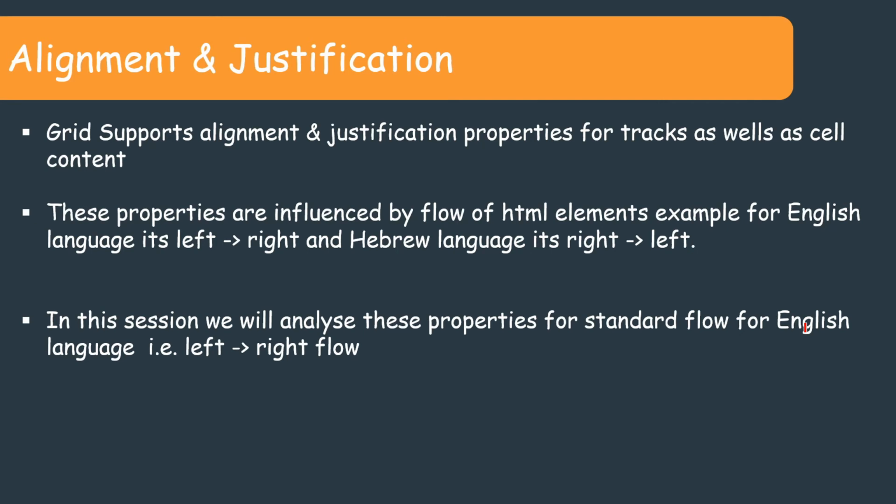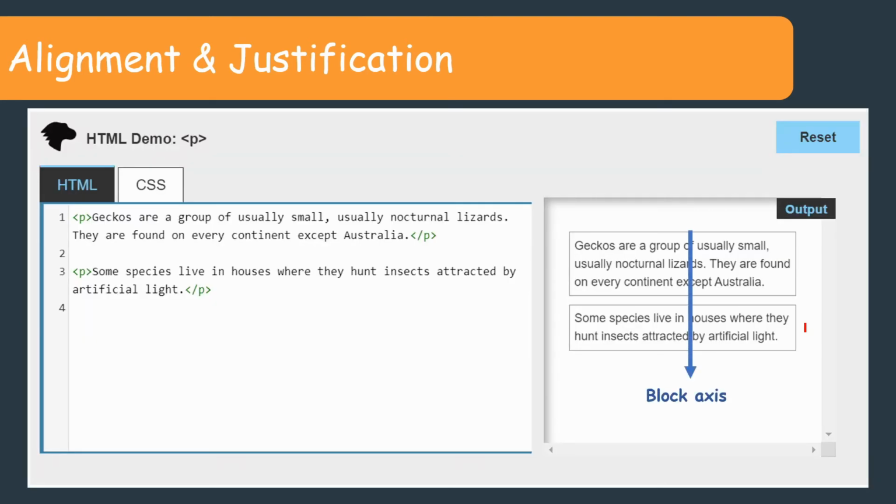Till now we have used terms row and column for identifying atom placement, but in the world of CSS Grid it is called block axis or inline axis. The block axis is the axis upon which blocks are laid out in block layout. Example, here you have 2 paragraphs on your page. They are displayed one below the other. So it is the direction we describe as block axis. The inline axis runs across the block axis. In this example, it is the direction in which text flows.